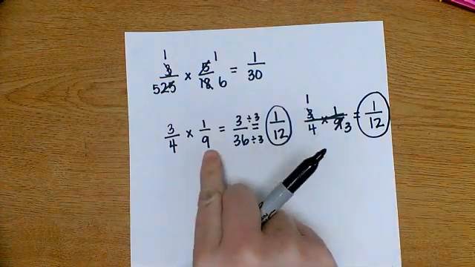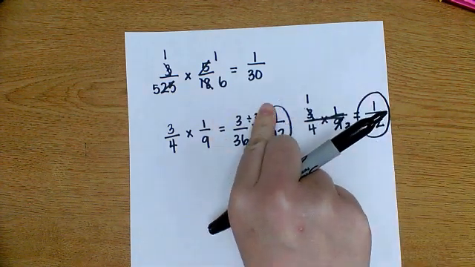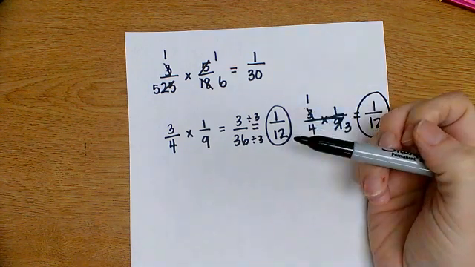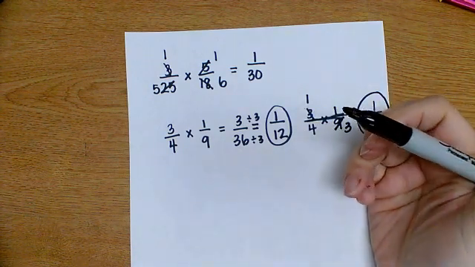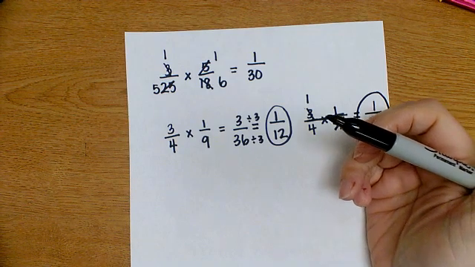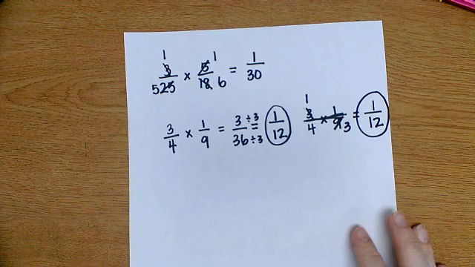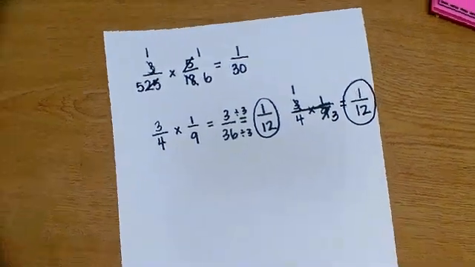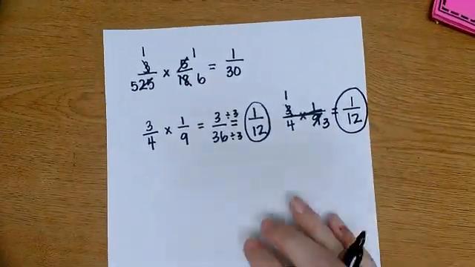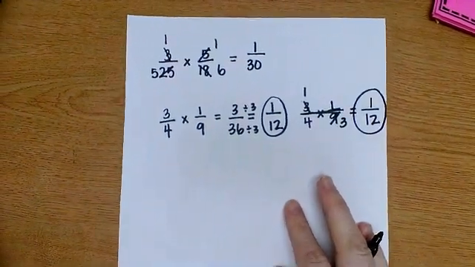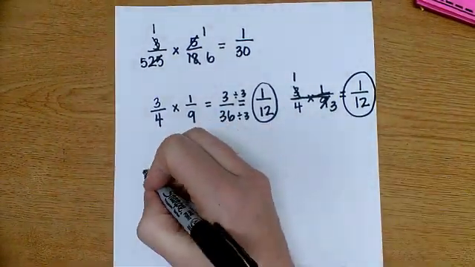Again, this was nice and easy, and you may have just been able to look at that quickly. But as the numbers get bigger, it does make sense to simplify first, or it makes it a little bit easier to simplify first. So let's look at just a couple more, and you can get the whiteboard and practice with me as you go along. You can hit pause, check your work. So let's do